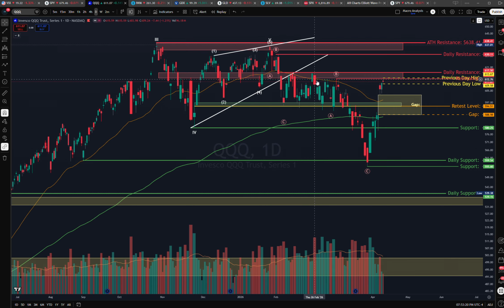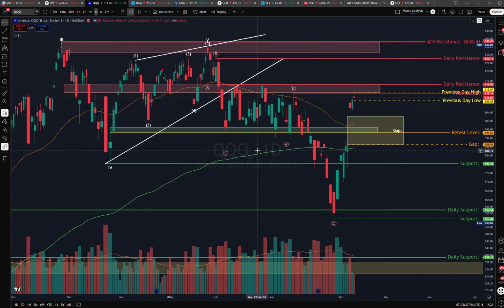They were acting as demand until you broke down again. Here's where you broke this level, retest. You start selling. Now you broke this other level over here that was acting as demand because you were in that range. So this was an entire range that QQQ was trading in, and it finally broke that range, retested that range right over here. You retested that range and you broke down. So now you're back up